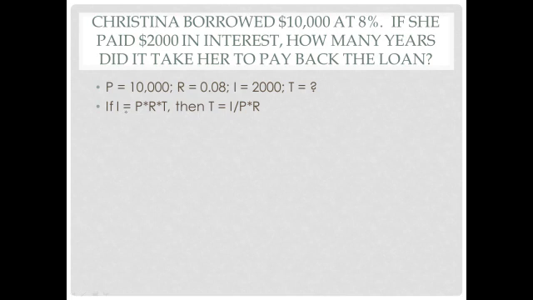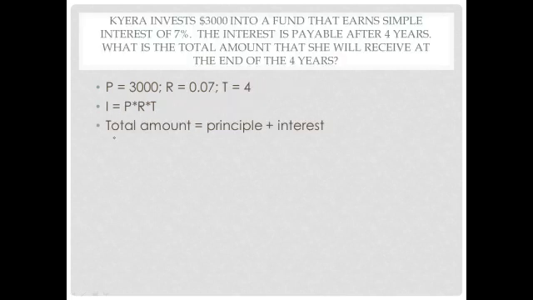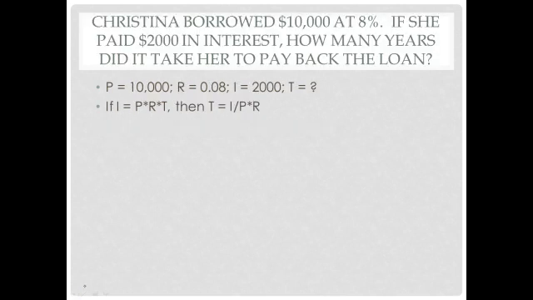Therefore, if interest equals principal times rate times time, I can rearrange this equation by trying to isolate the time, and that will be the same thing as time equals interest divided by principal times rate. So I can set that up as time equals the principal divided by